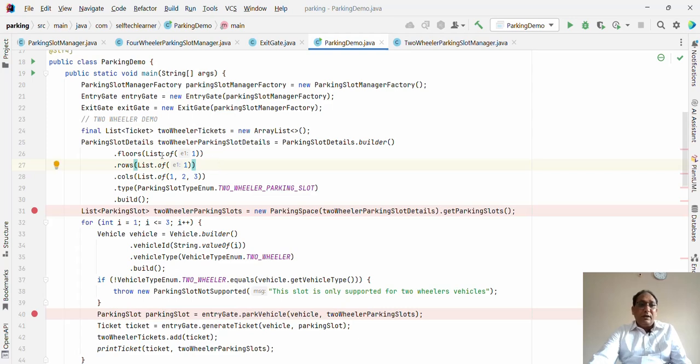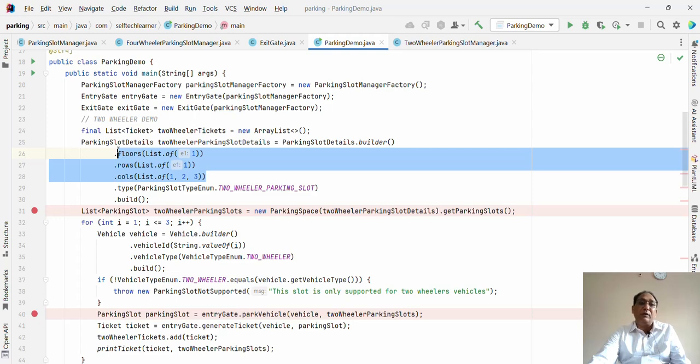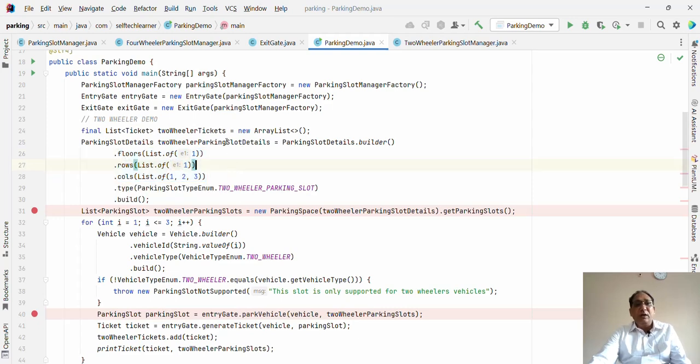So here I told, okay, this is the two-wheeler parking slot details. Here I am just declaring this two-wheeler parking slot is available on the first floor, in the first row and three columns. And this is the type, two-wheeler parking slot type. So here I clearly mentioned that the two-wheeler parking slots in our parking space are available on the first floor, in the first row, and three columns, and are dedicated only for the two-wheeler parking slot. This information I have